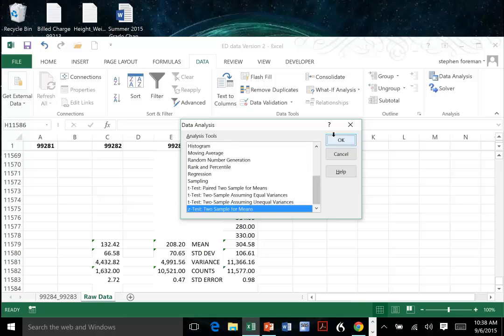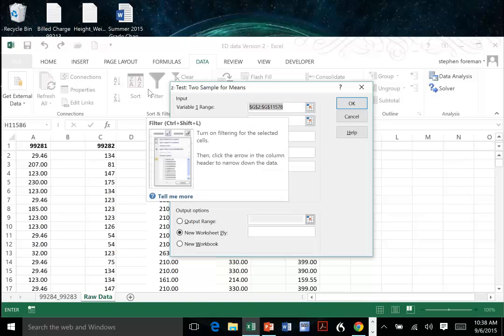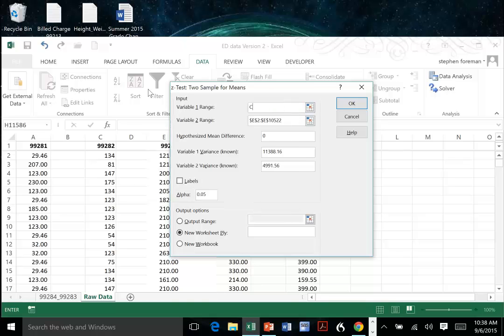So we'll do OK. And the variable range here for 99282 is C2 colon C1633,